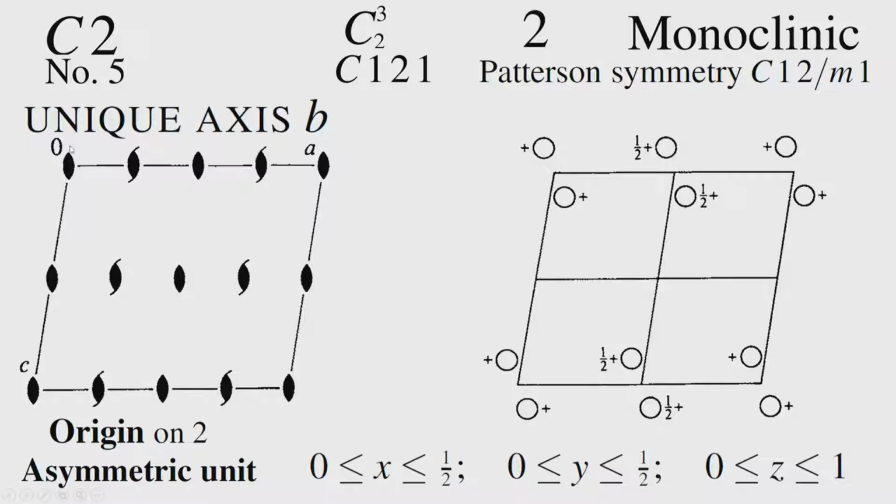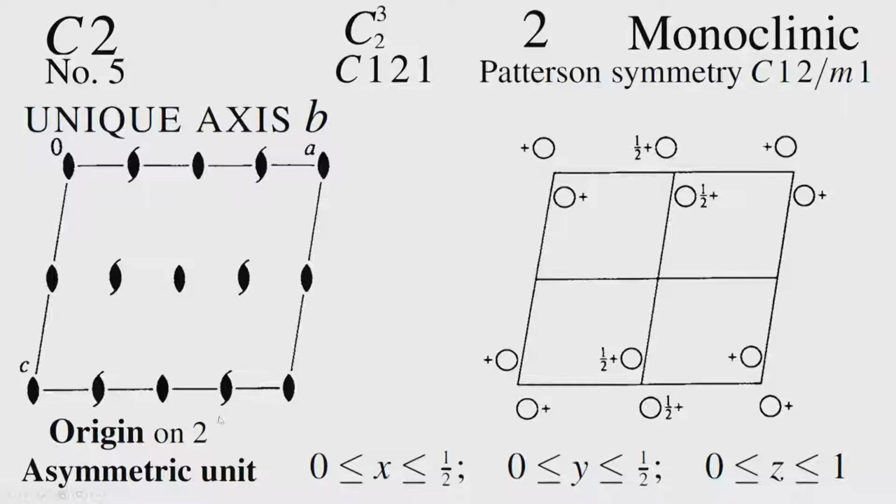We have already discussed this issue. Suppose I take this origin and move it to this particular point, now the space group becomes C21. So, we already showed that C2 and C21 are one and the same. So, it is necessary to specify the origin, and we say here origin is on 2. That is why the International Tables are very careful, very cautious. So, they say the origin is on 2. If the origin is shifted to the 2 1 position, it will become C21, but these two are one and the same. So, the question of fixing the y value is crucial here, and that y value is put at 0. So, this will be the 0 0 0, that is the presence of the two-fold axis.